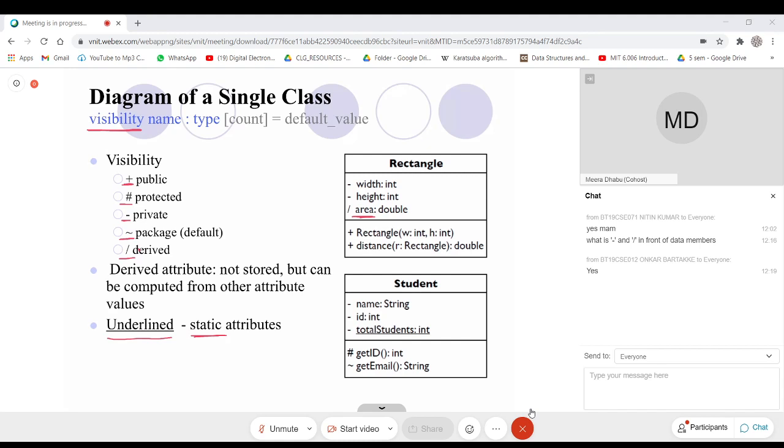If it is an array, then you have to put it in square brackets with the count. Whatever I have shown here in gray color at the top of this slide is optional. So what is compulsory? Visibility, name, colon, type of that variable, that attribute.